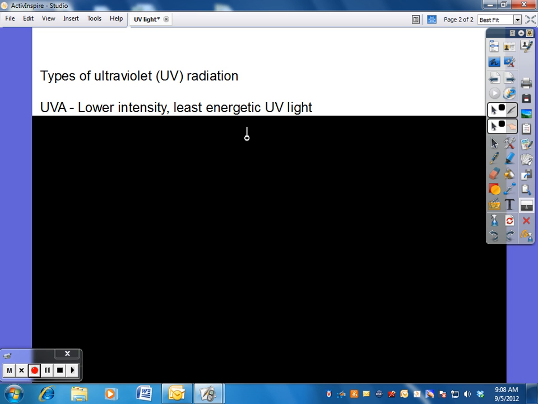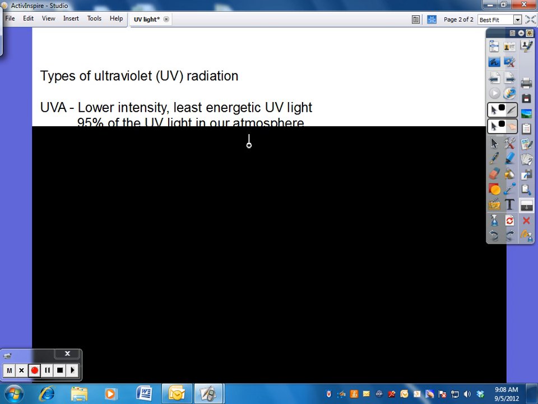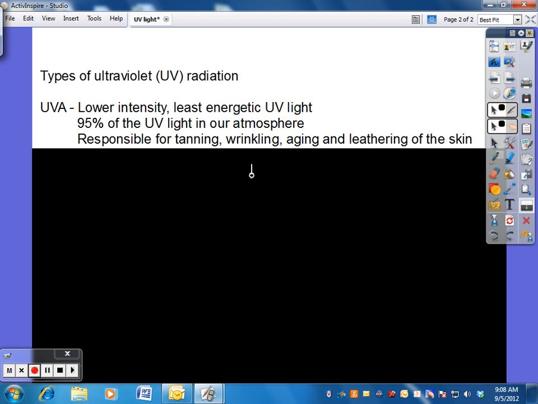So UVA, as I said, is the lower intensity light. It's 95% of the ultraviolet light in our atmosphere. It's responsible for tanning your skin, wrinkling your skin, aging it, and what's called leathering. If you know somebody who has worked outside a lot, maybe in construction or in farming, their skin almost takes on this